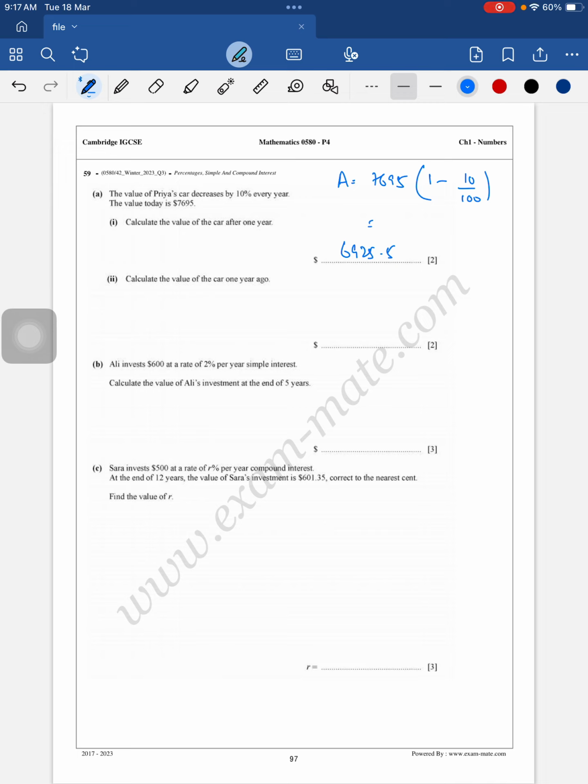Calculate the value of the car 1 year ago. 1 year ago means the final value is this, that is 7695, right? And the initial value he is asking, final value is now 7695. Principal value we don't know, that is x, letting it be x, 1 minus R upon 100. So the value which we are getting is 8,550. Okay,